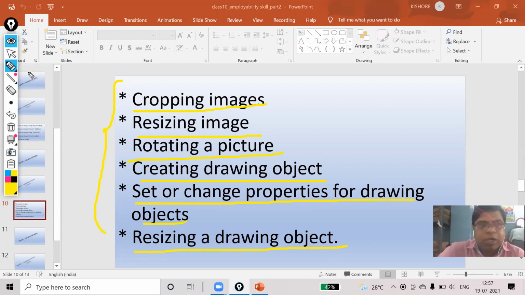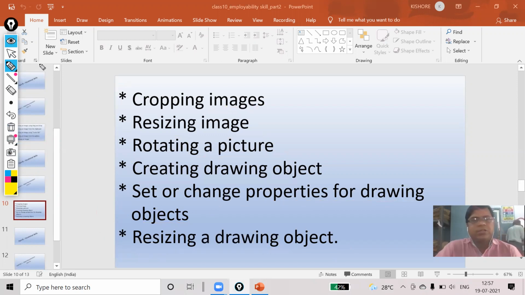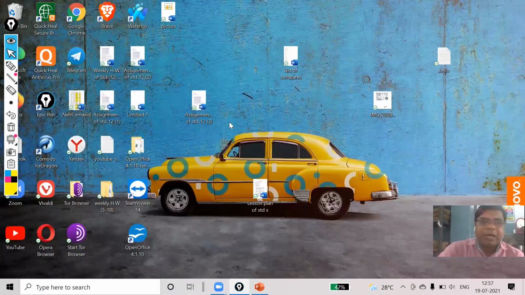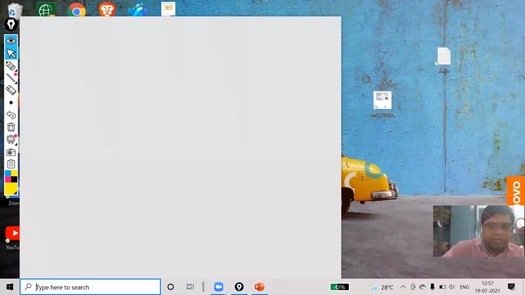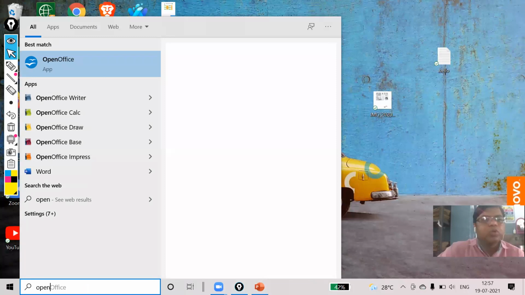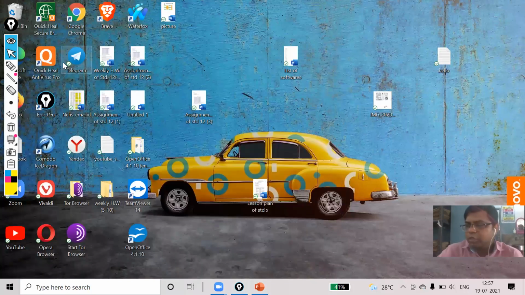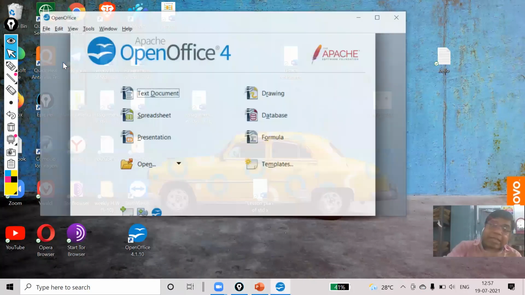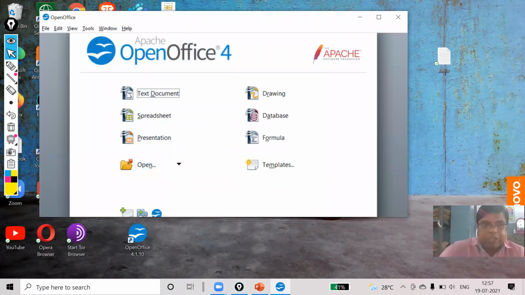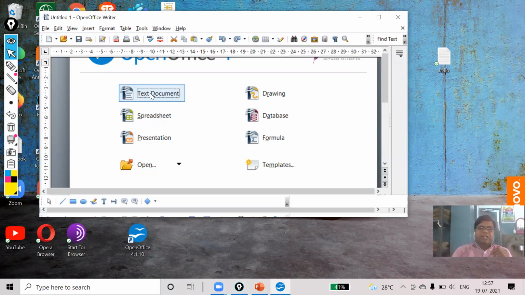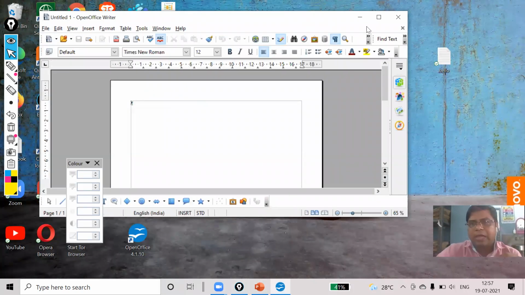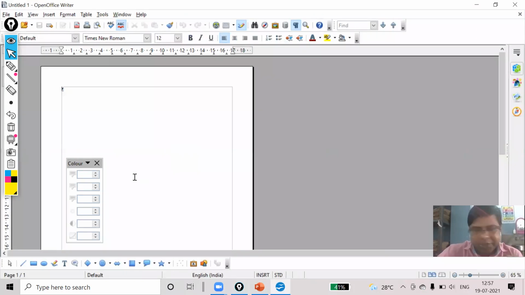So first of all, I will go to OpenOffice Writer. Let me minimize this one, and then I will go to OpenOffice. The OpenOffice software has come on the screen. I'm going to work on my text document, so I will go to Writer, then insert the image.